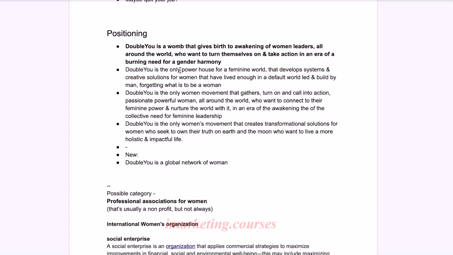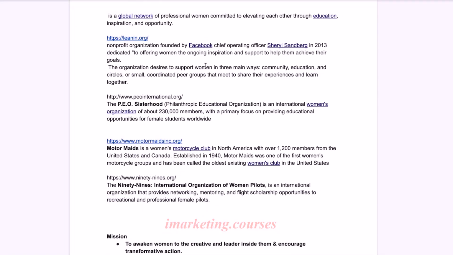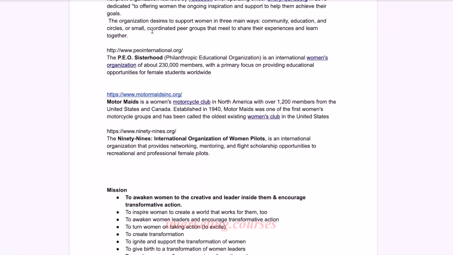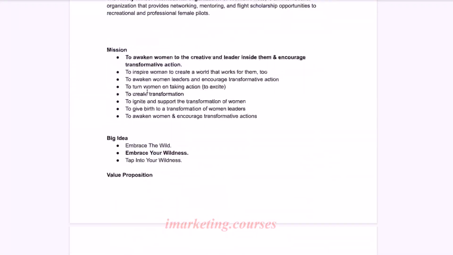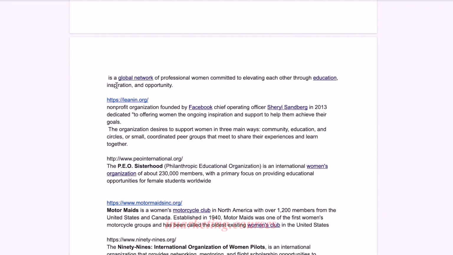So here's the positioning, here are 4 different statements about who they are. And the one that is marked here is the one that had the biggest agreement, even though it was kind of weird and incoherent. And I'll show you later on what I did about this. So this is basically the summary of all my notes, noting different companies that they referenced and researching them a little bit. So it started off with summarizing the notes, and then it leads into research and other things that are on my mind that I think are relevant.